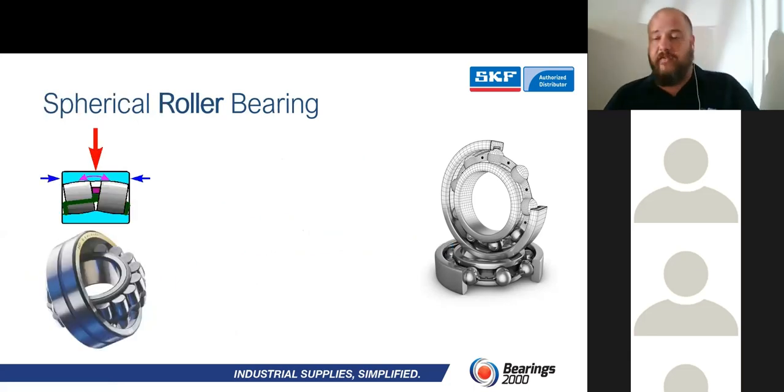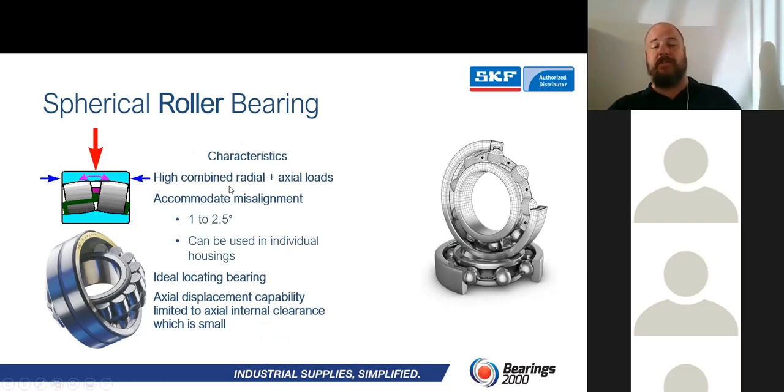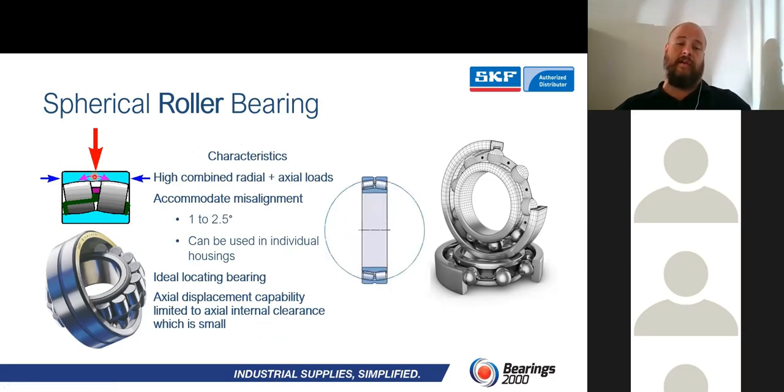Spherical roller bearing, most of you will be familiar with these units. You find them in plummer block assembly units, your industrial fans, your big industrial gearboxes, winch motors, those types of things as well. So the spherical roller is also one of those that can take a high radial load, but it moves within itself at 2.5 degrees. It accommodates misalignment of 2.5 degrees. So we've also got that little pink arrow over there.